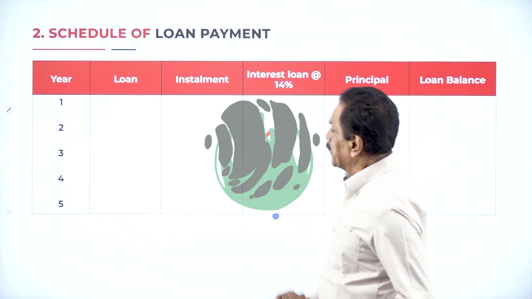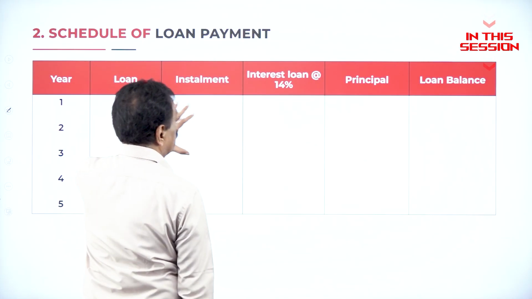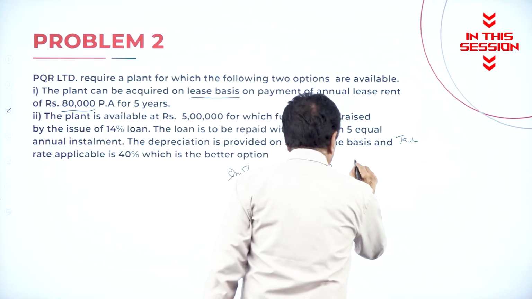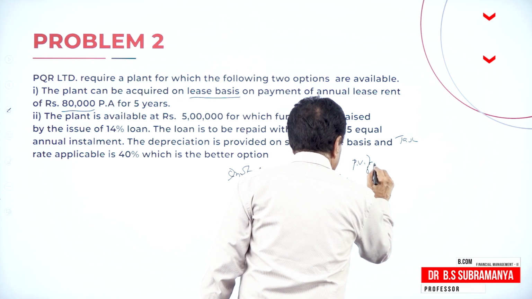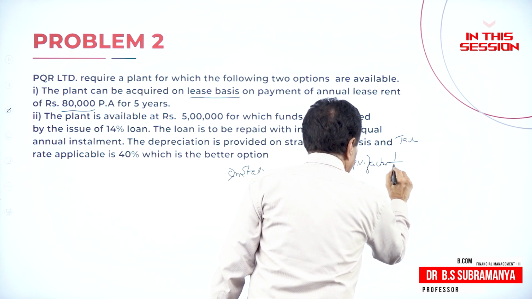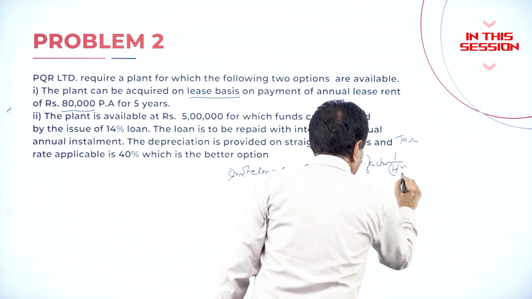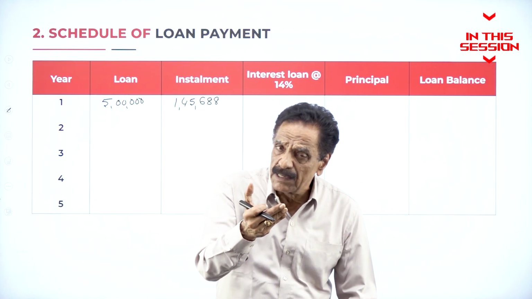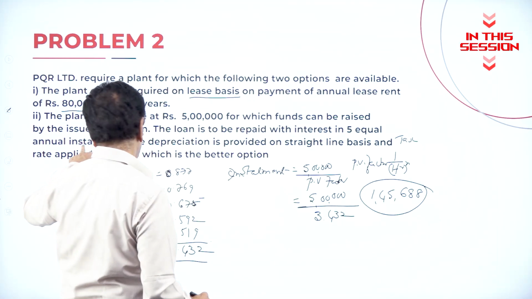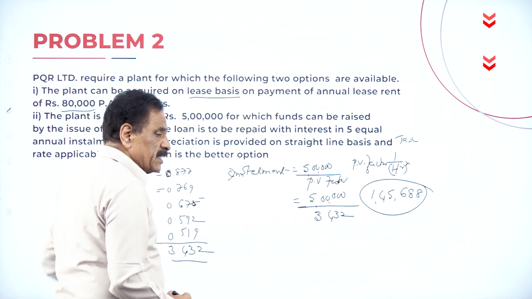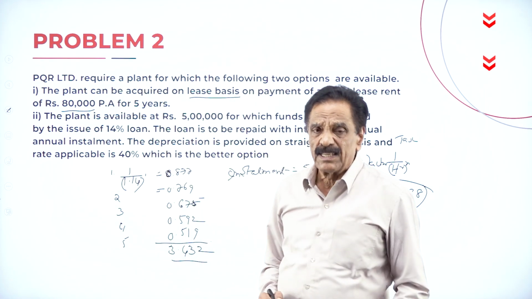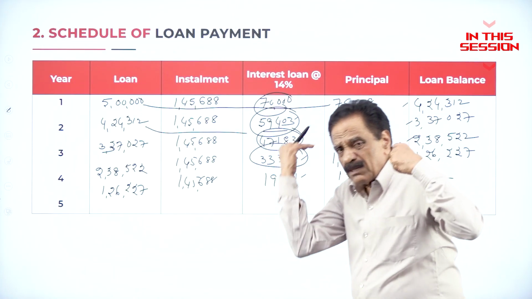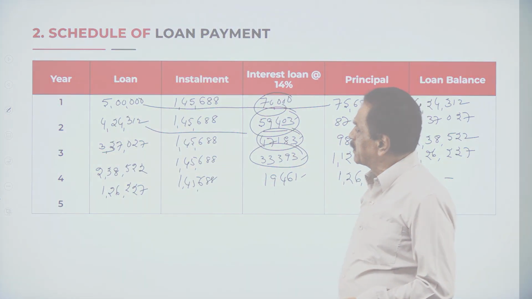So here we must be very careful. What is the total amount? How much installment you have to pay? How much interest you have to pay every year? PV factor is equal to 1 divided by 1 plus r to the power of n. When you say installment, it includes the interest, principal plus interest. So the 14% rate is what I have taken as the discount factor. The interest itself is a discount factor. Don't calculate the interest. Whatever the difference comes, you call that interest.